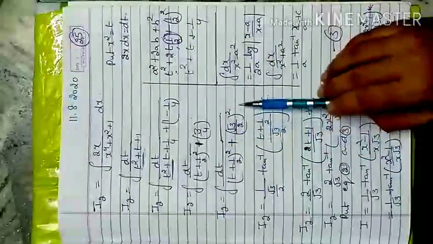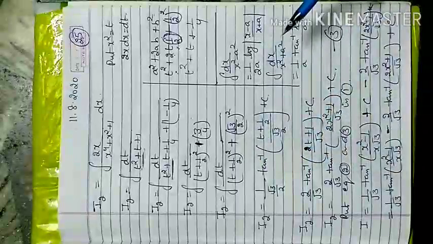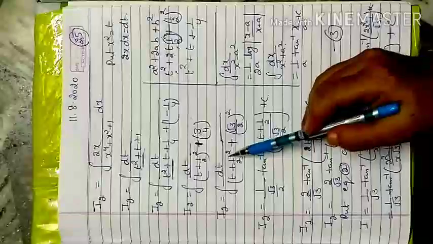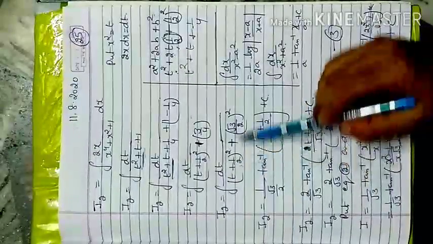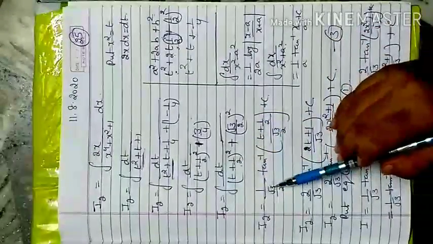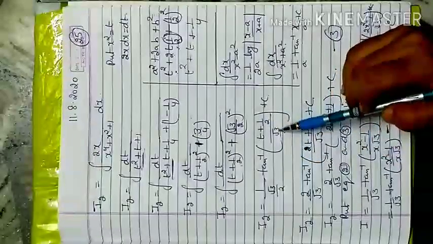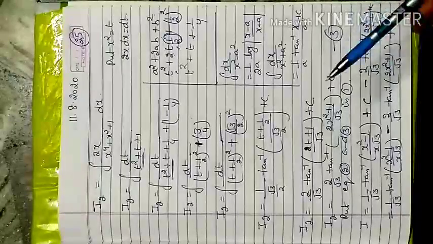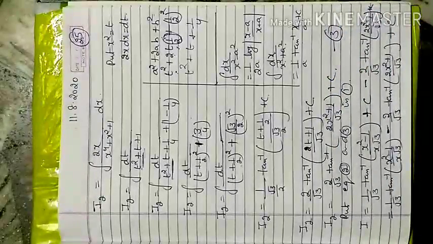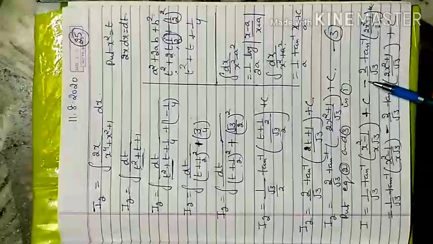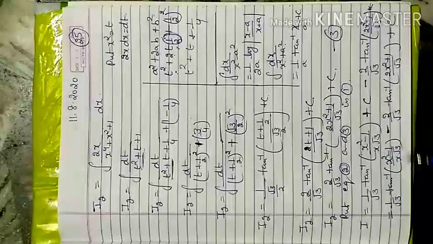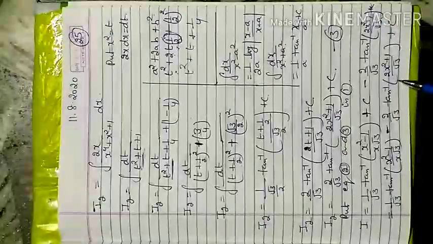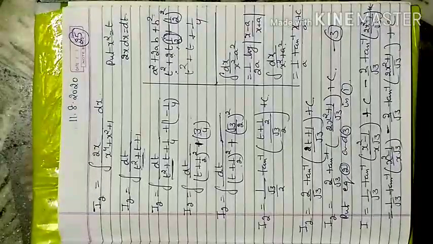That becomes root 3 by 2 whole square and t plus 1 by 2 whole square. And the x square plus a square formula is 1 by a tan inverse x by a. This whole term will be considered as your x term, and this will be considered as a term: 1 by root 3 by 2 tan inverse of t plus 1 by 2 over root 3 by 2, plus c. Now t is replaced back to the x form, and now merge the values of I1 minus I2, because in my question it is I1 minus I2, and the constant terms will be merged with each other. 1 by root 3 tan inverse of x square minus 1 by x root 3, minus 2 by root 3 tan inverse of 2x square plus 1 by root 3, plus c is my required answer.